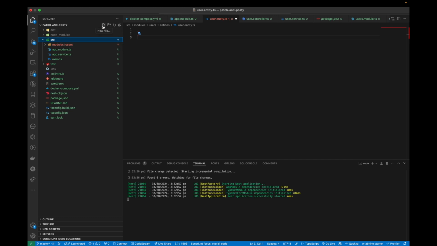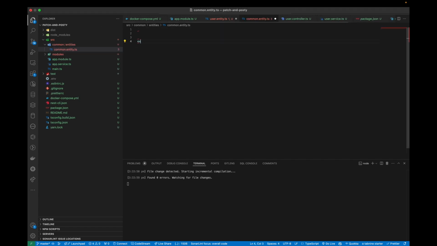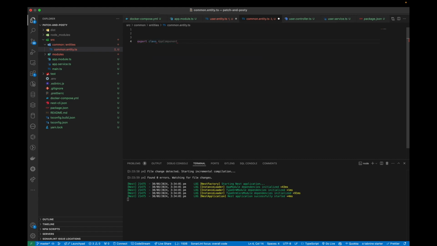So let's create our commons folder, which is basically going to be everything that's shared across the application. All right, within commons, we'll create another entities folder, which is basically the shared entities across the application. All right, so it's going to be common.entity.ts,